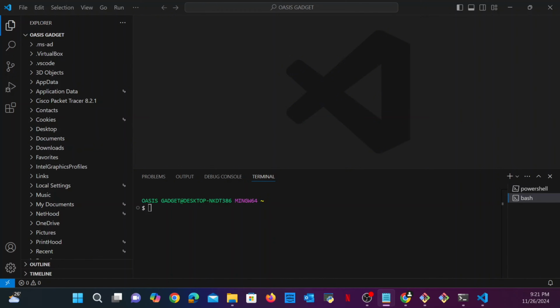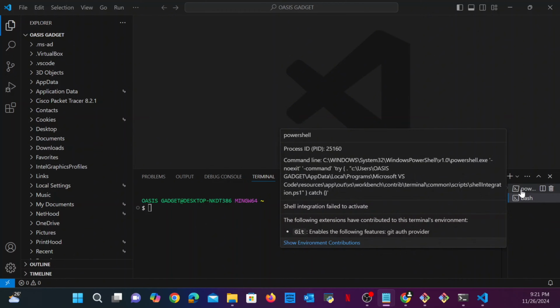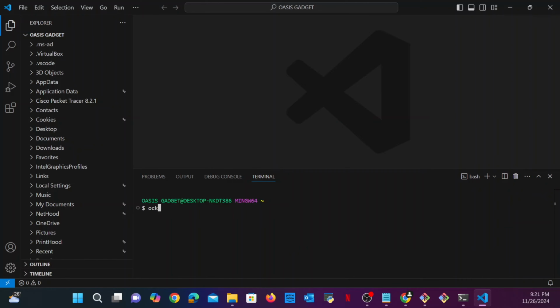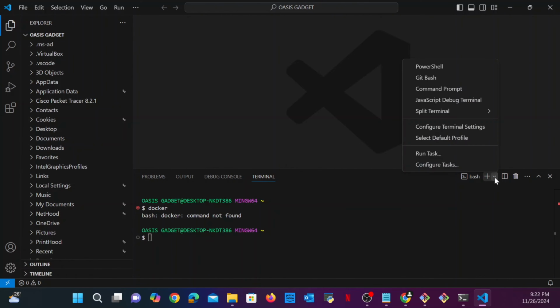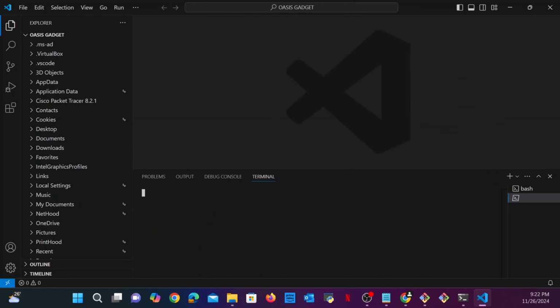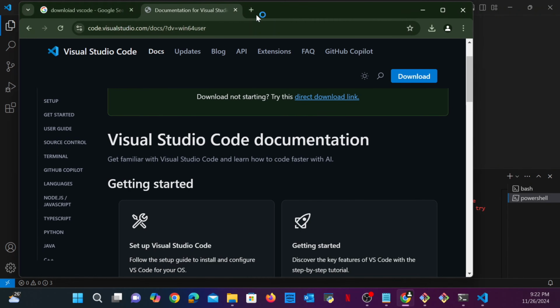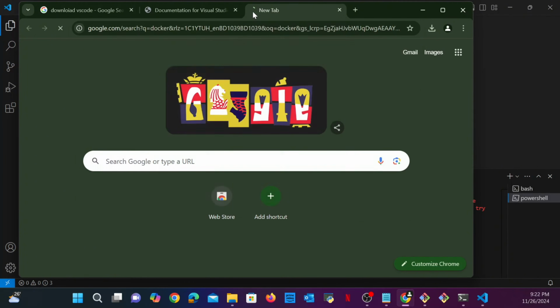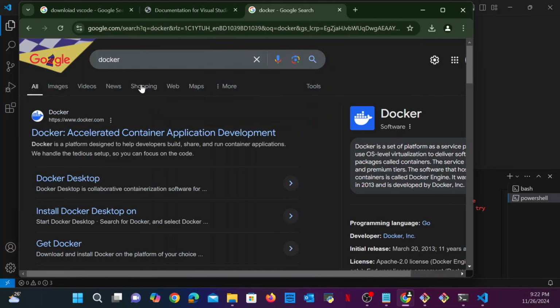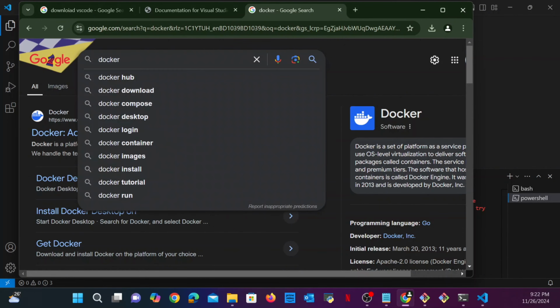What about the other most important part, that is Docker. If I type docker here, do I have Docker? If I select PowerShell, do I have Docker here? No, I don't have Docker here as well. So what you have to do is go back over here and install Docker. First of all, you have to install